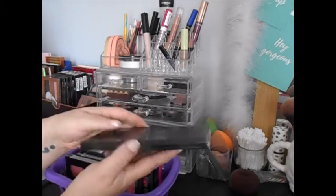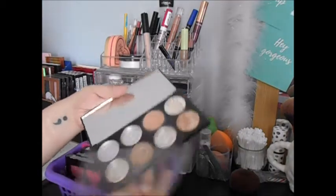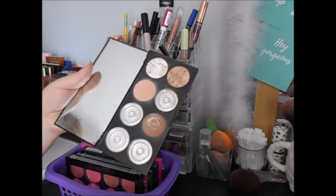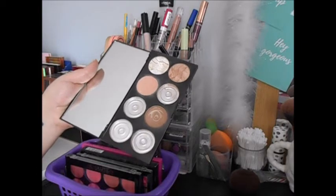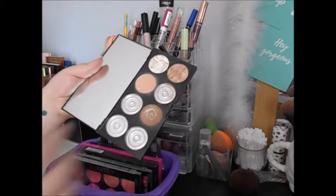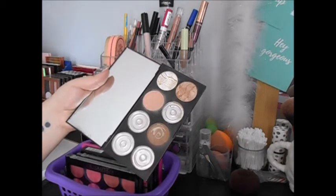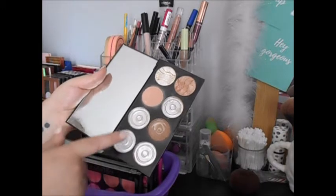So this palette here is a now very beat up Makeup Revolution contour palette. You can see some empty pans here. What I've been doing is transferring some of these smaller pans into larger pans. You might call it cheating. I combined the two bronzers here into one single bronzer pan that I had going spare, and these two